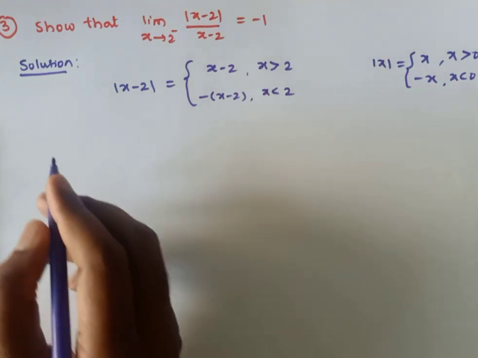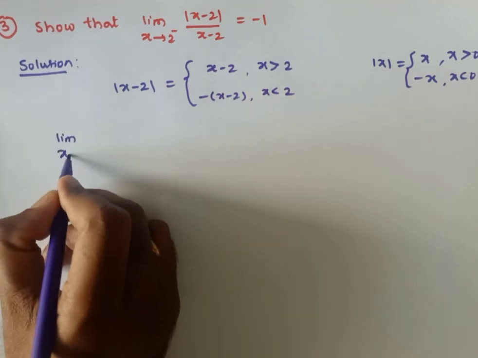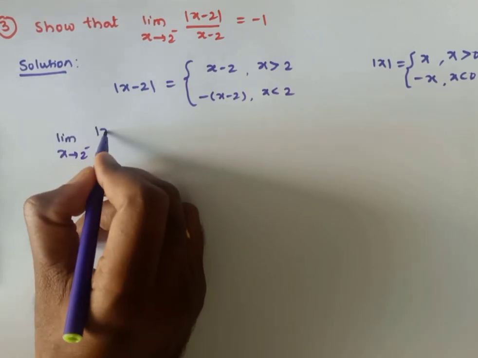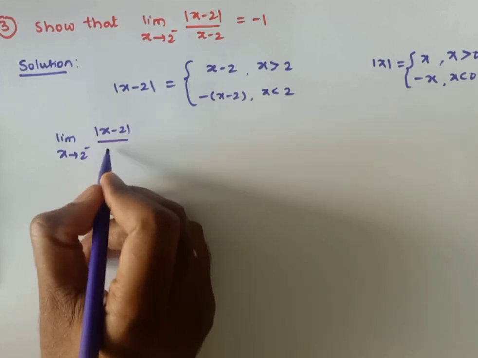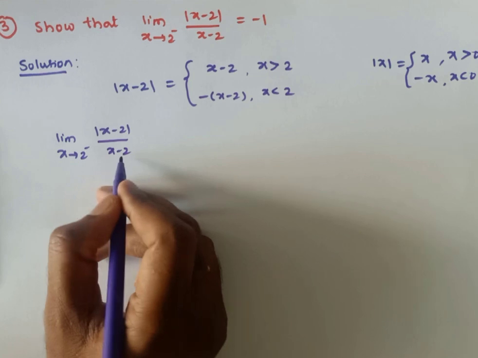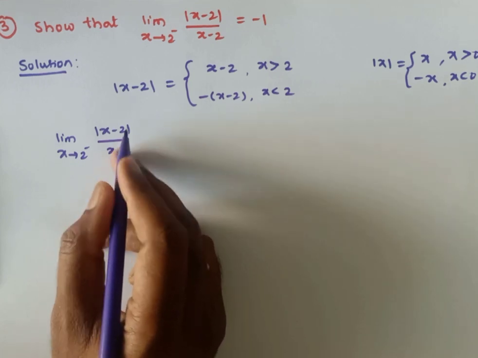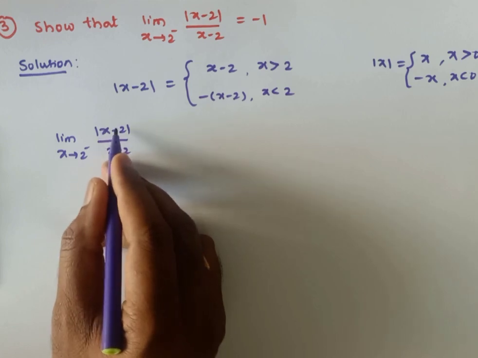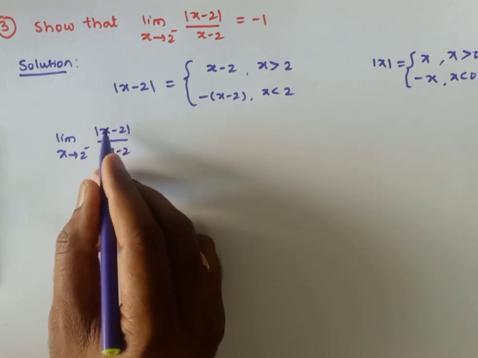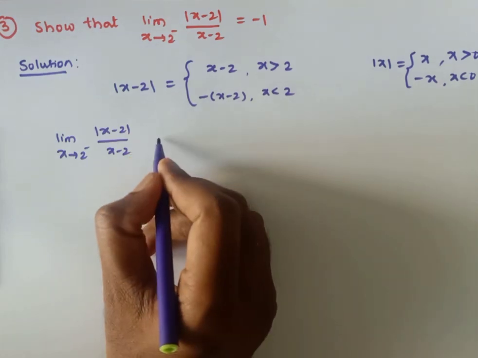So for this now also you can evaluate the limit, right? So limit x tends to 2 మైనస్ అడుగుతున్నాడు. సో modulus of x minus 2 divided by x minus 2. So there is no issue with the x minus 2. If we substitute x is 2, then this is 0. So we cannot divide the numerator by 0. So we need to create a common factor. So for that, apply the definition of mod x minus 2.